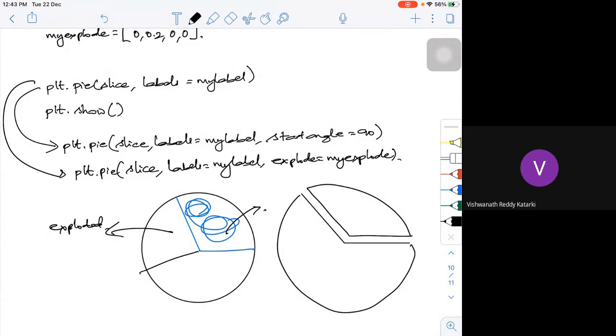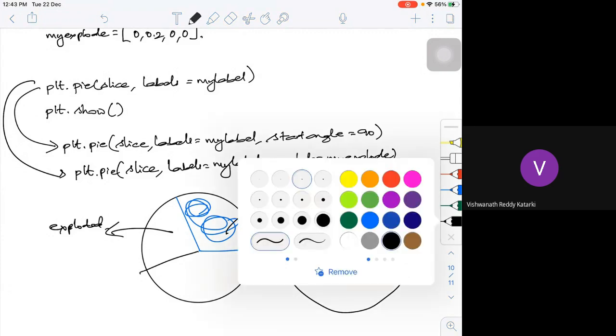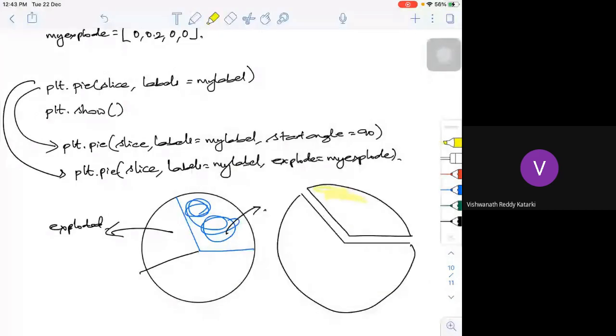Sometimes you have to add a shadow to it. What is the shadow actually? Shadow means this particular portion, the exploded portion, can have a shadow of it. I'll be getting some kind of this particular view.